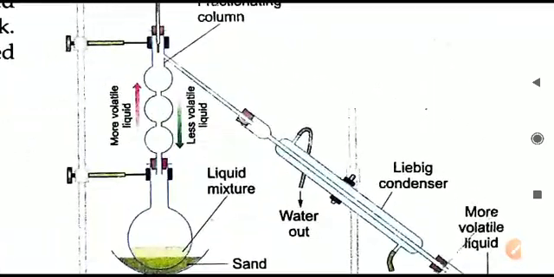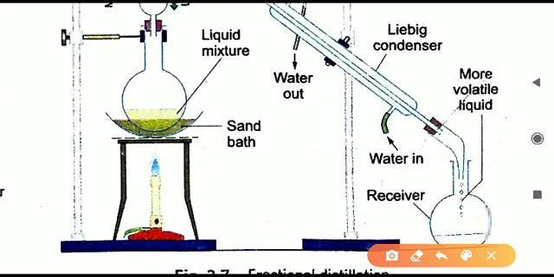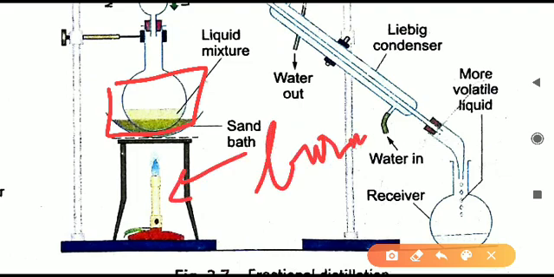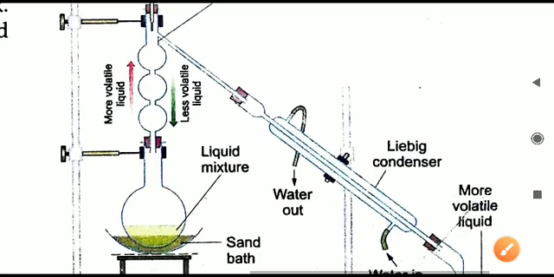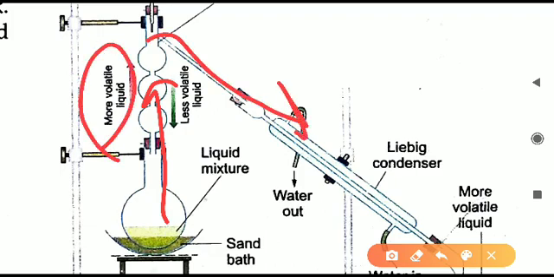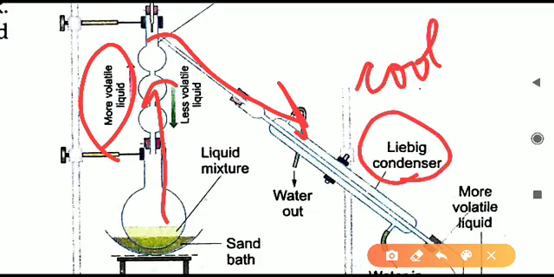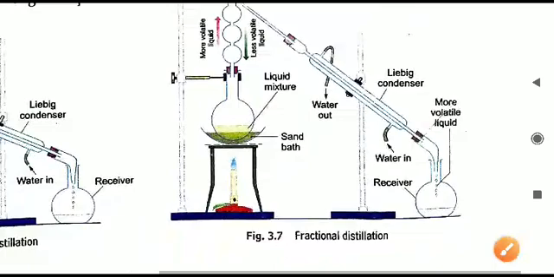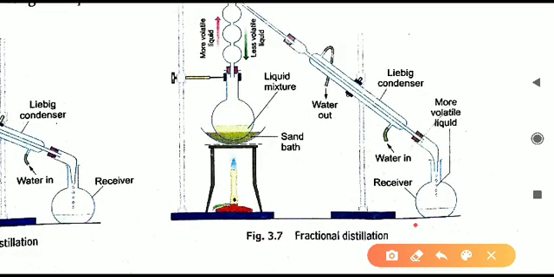Now how the process is going on, same thing as we have done in distillation. We will take the liquid mixture, whatever substance we have to separate, and that mixture is heated using the burner. You can see here is a burner, and using this we have to heat this. On heating, what will happen? The liquid will evaporate. There evaporation starts, and the liquid which is more volatile will move forward first of all, and it will easily come forward into the Liebig condenser. In the condenser, the cooling process is going on, and due to the cooling, what will happen? We will get the liquid again back.